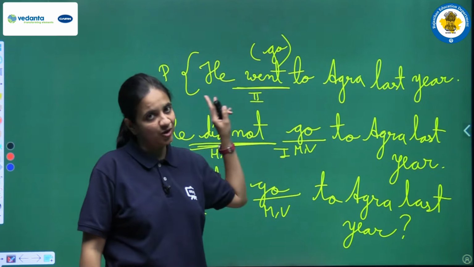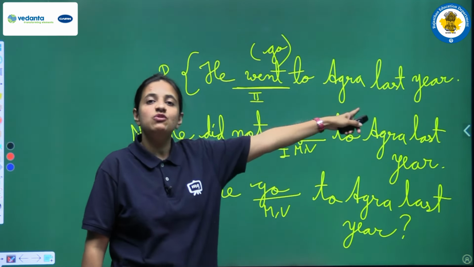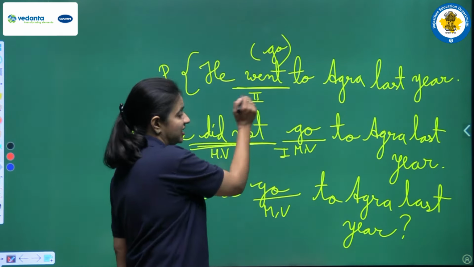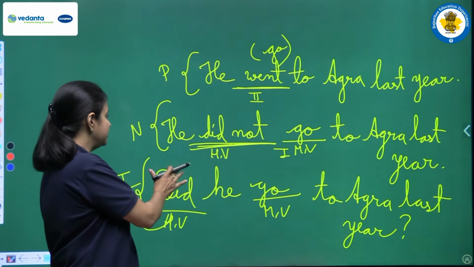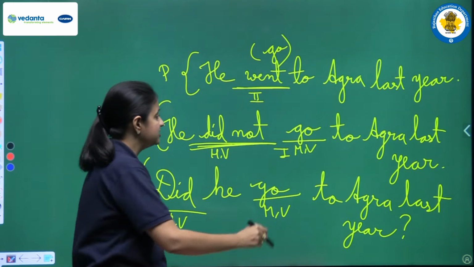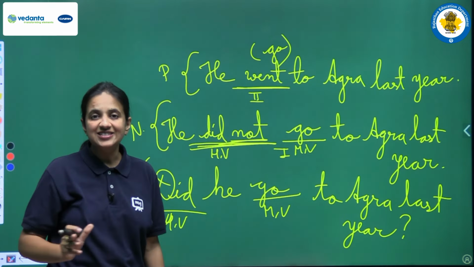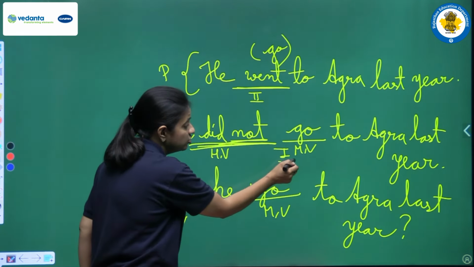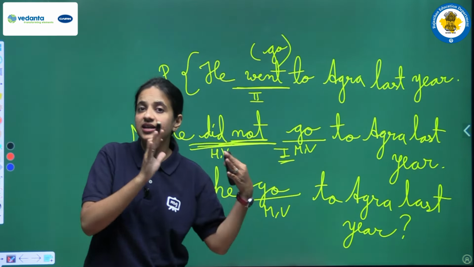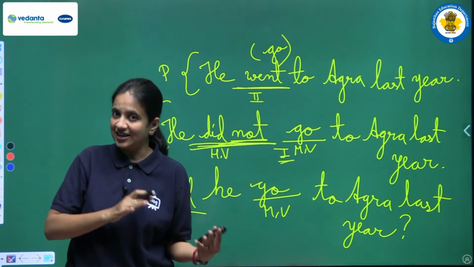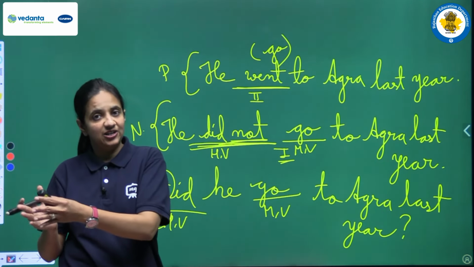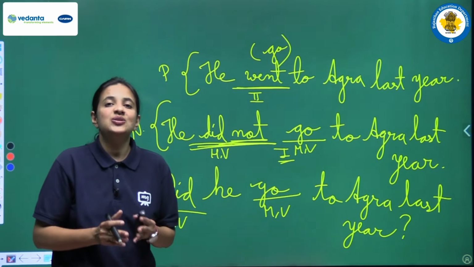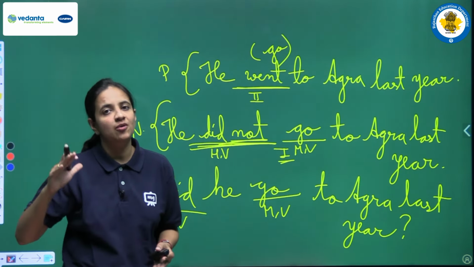So if we are having a positive sentence, in a positive sentence did would be hidden, and in that case we have to use the second form of the verb. And if the sentence is a negative one, negative means in this sentence we will have not, so in that case the helping verb did will be there, and after did we always use the first form. अगर did sentence में नहीं है then only we have to write second form, but if did is there in a negative sentence and in an interrogative sentence like this one, so did is also here, so in that case we have to write the first form of the verb.